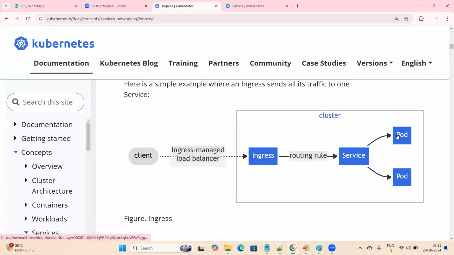So these two pods, assume that these two pods are in the deployment. Anyhow, to see here, the pods are outside the deployment. Usually what we will do is we will create a deployment, and inside the deployment, the pods will be running. So I'll write a deployment YAML file. I won't write pod YAML. I will write deployment YAML, and inside the deployment YAML, I'll specify I need two replicas, so the two pods